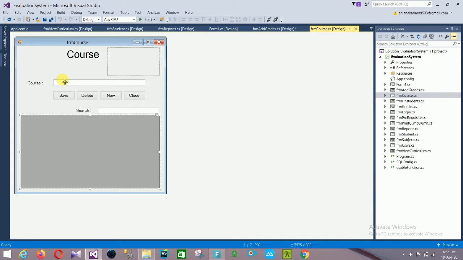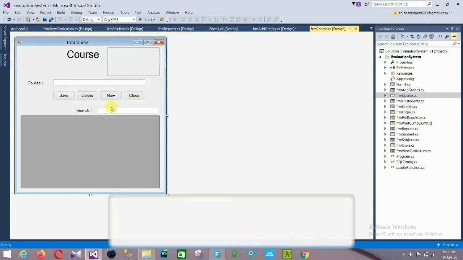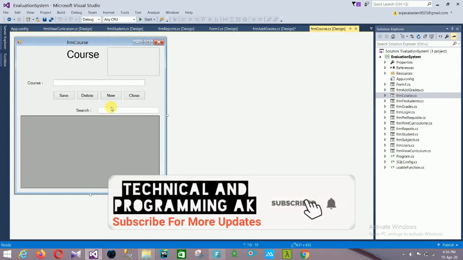When you add a new course, it is displayed in this data grid view. To delete a course, select it and delete, and the course record is automatically deleted. You can also add a new record and close. And this is the search section for searching the courses.